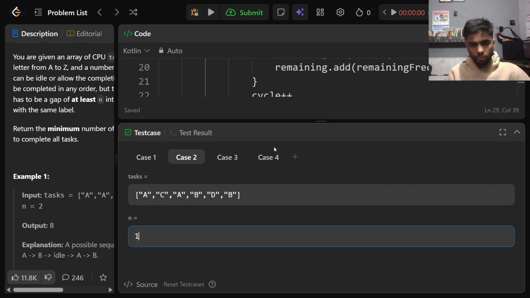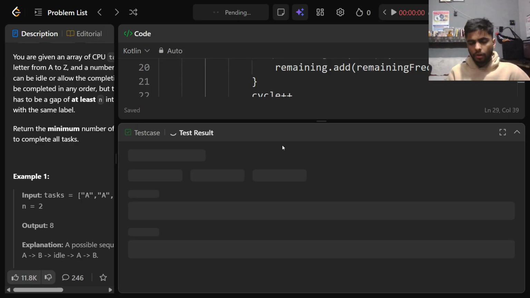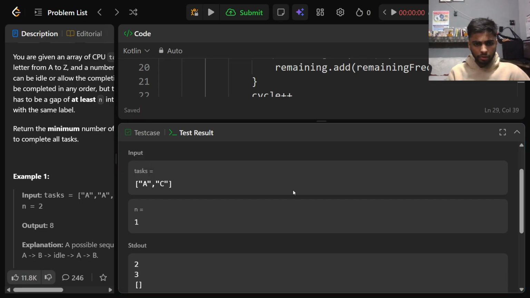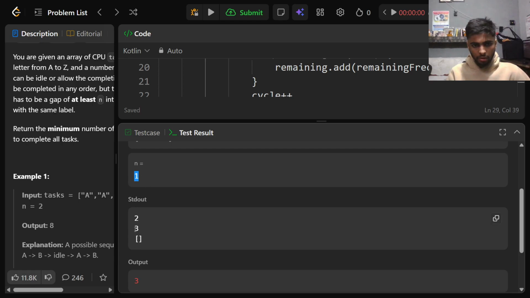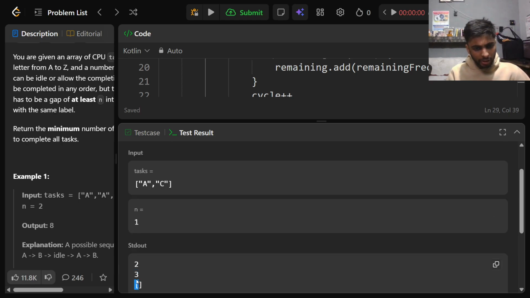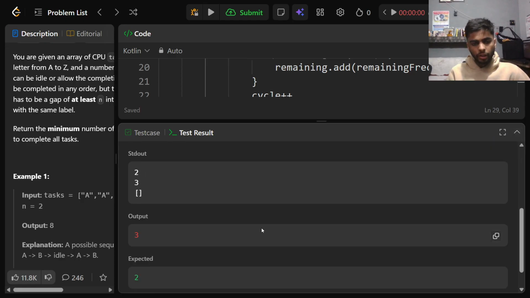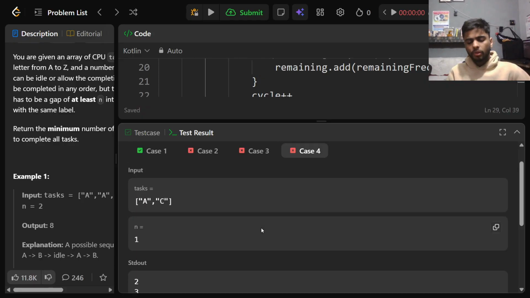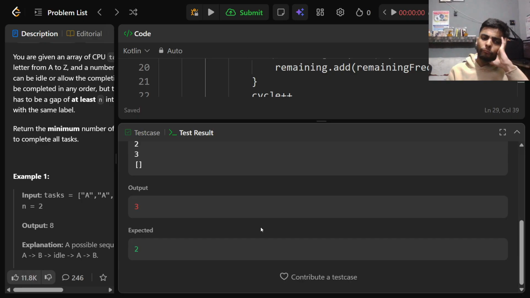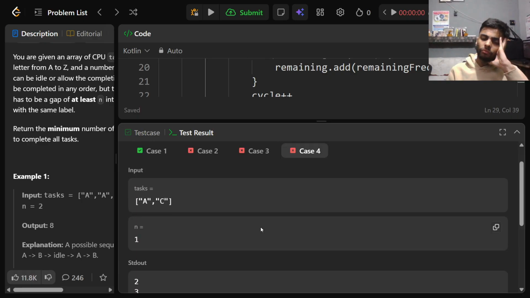Let's keep it to 1. Now it should also work. Okay, it does not. N is 1. What is this, 2, 3? Oh yeah. Output 673. How? Well,